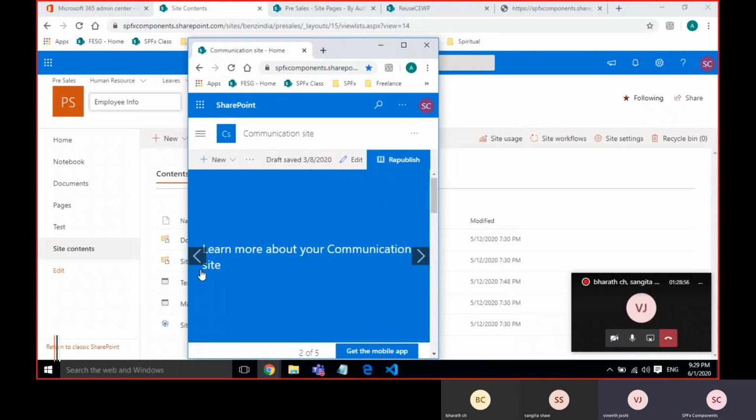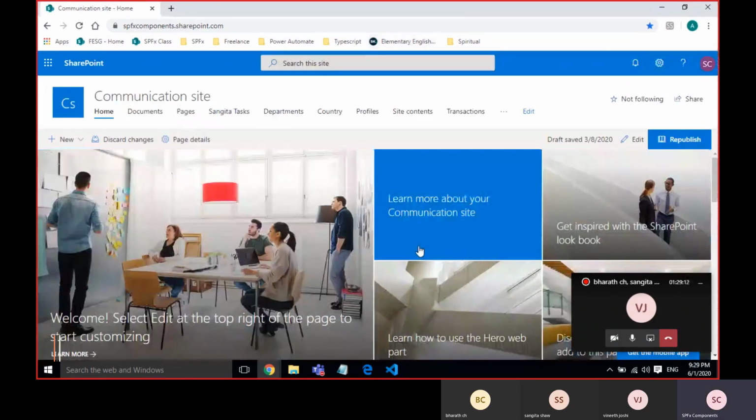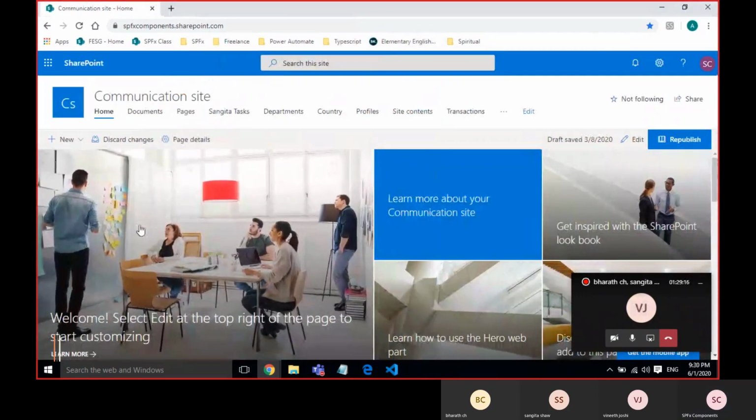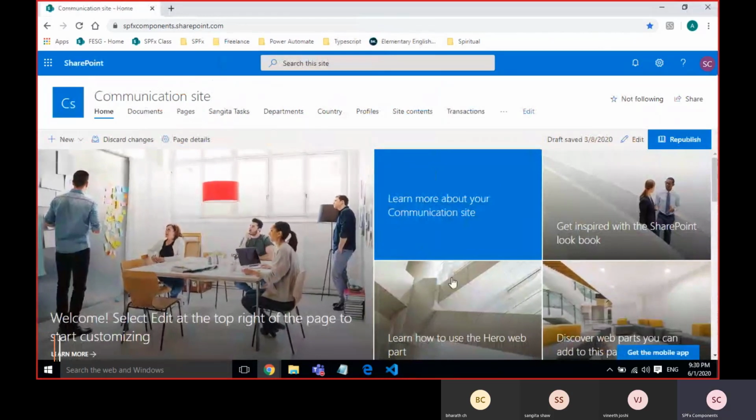Learn more about communication site. Can you see this blue color background? Yes. Okay. So I'm just maximizing my browser. Everything is separated actually. This is not a carousel actually.